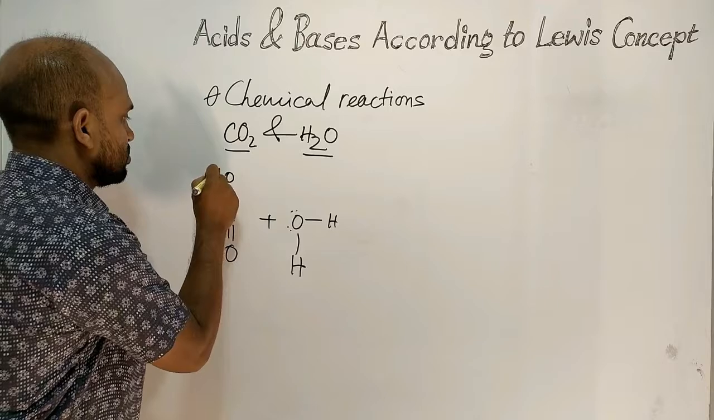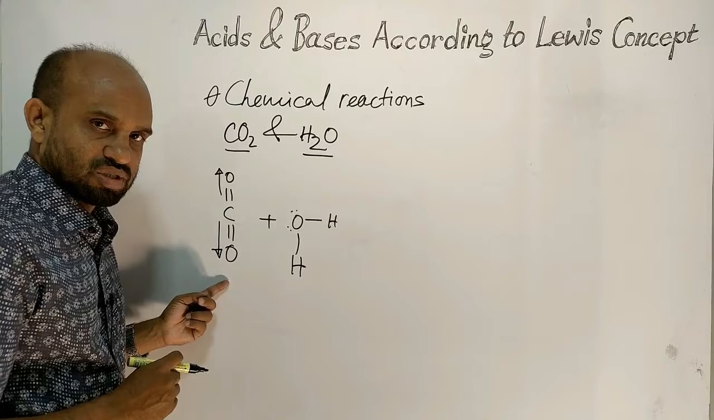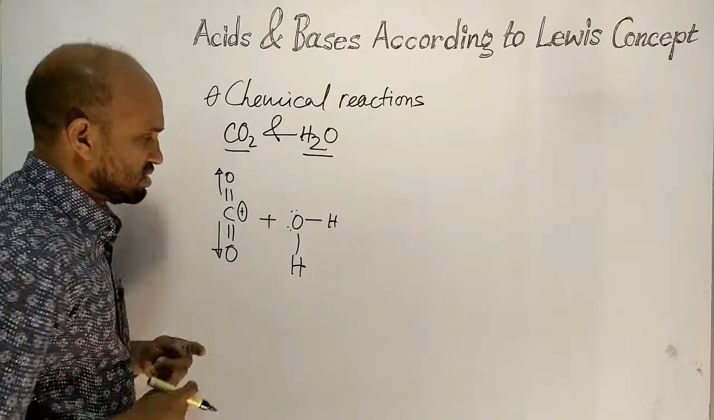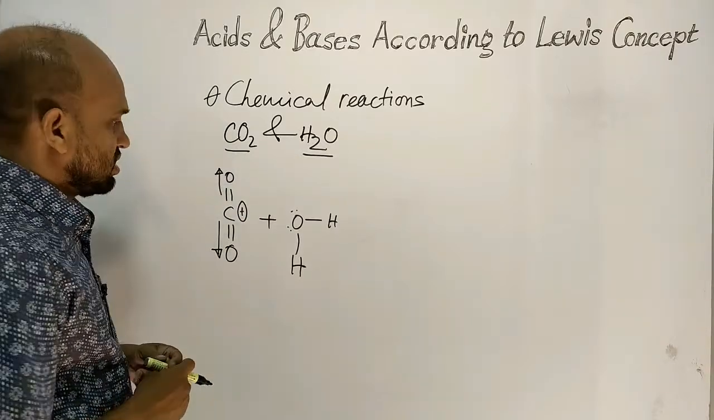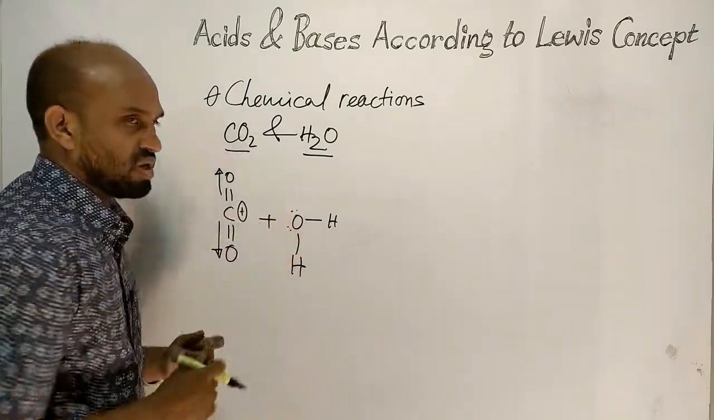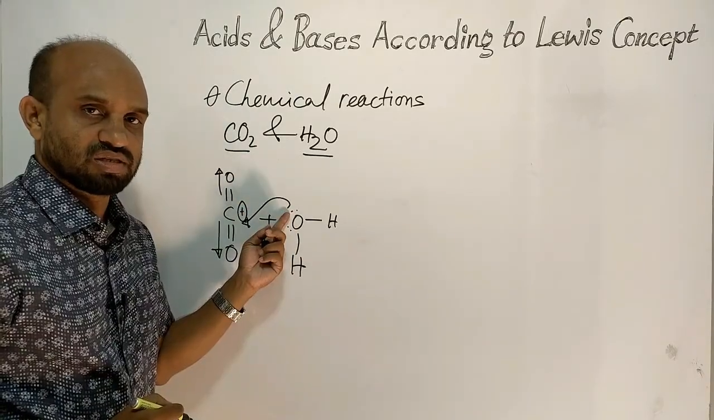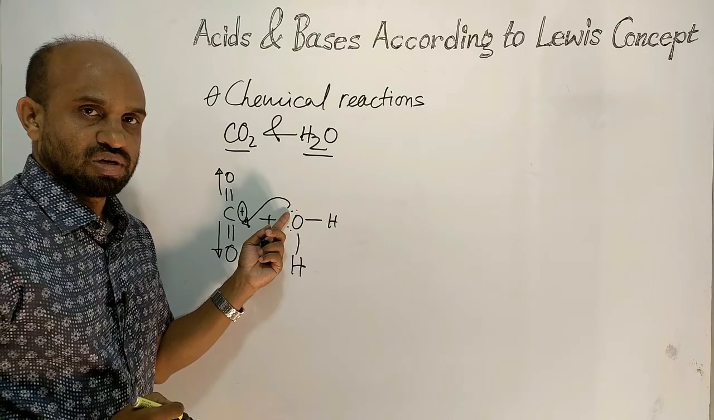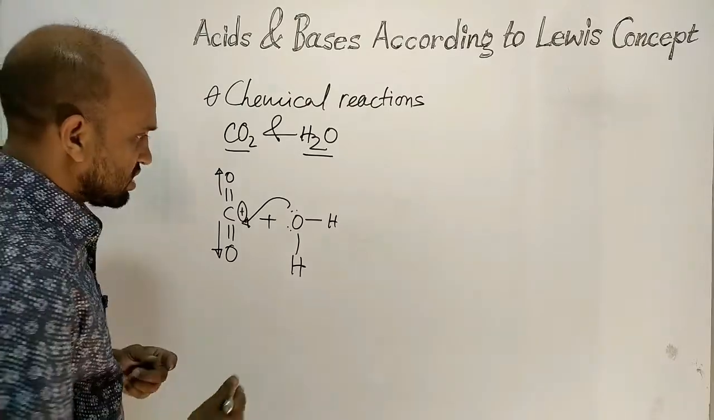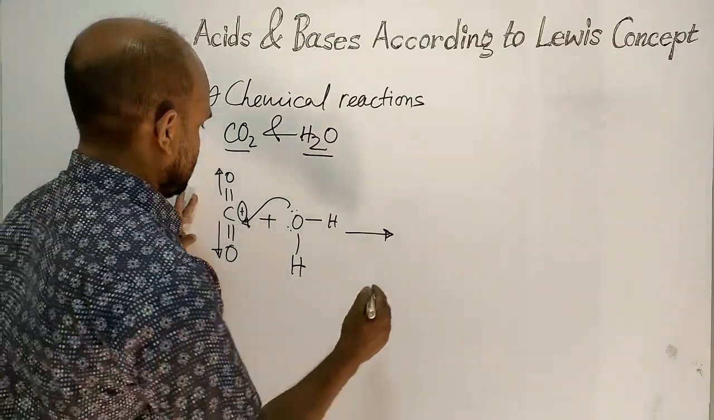Here, covalently bonded electrons move towards oxygen. This also moves towards oxygen. As a result, around carbon, positivity is generated. And after that, this oxygen with its lone pair of electrons combines with this carbon, because this has a lone pair of electrons and carbon is positively charged. After that, this compound is formed, that is